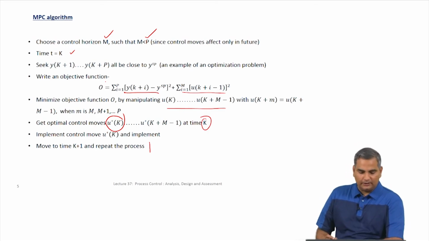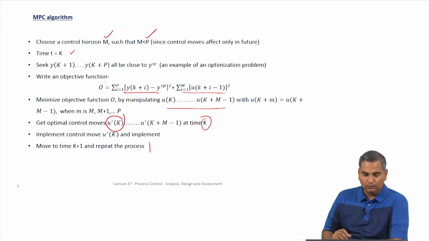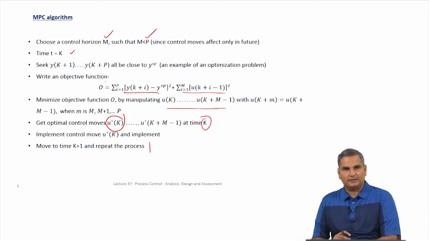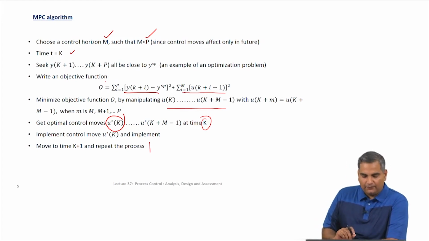Now, one question that you could ask is, if I am going to implement only one control move, why did I compute all of these control moves at time k? So, I will answer this question through two important points that I want to make. The first one is,